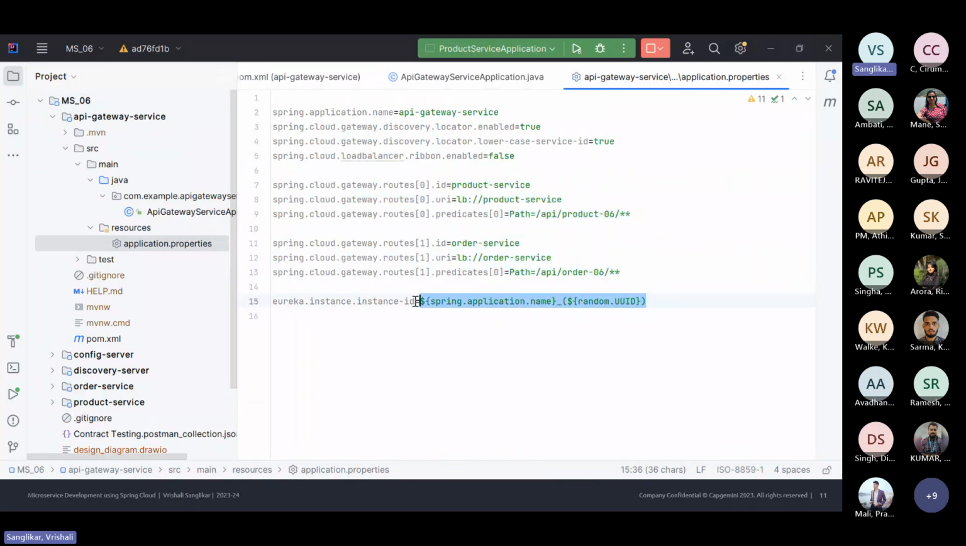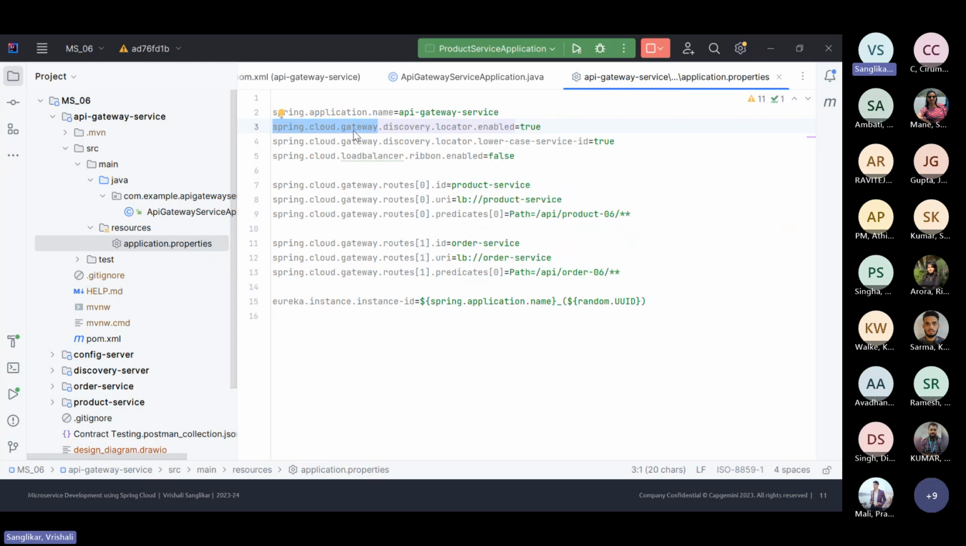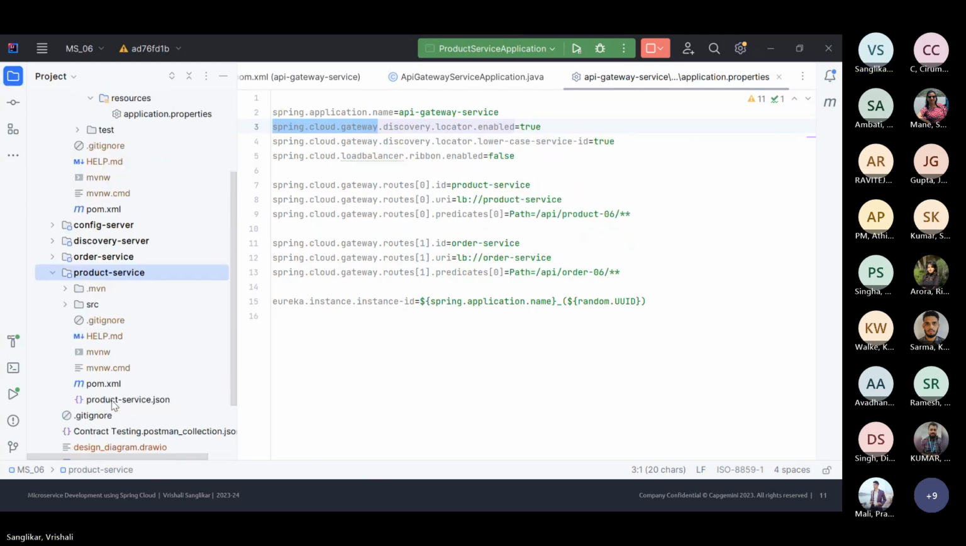So apart from the other regular settings, that is the Eureka instance ID, the application name and random UUID, which are the default ones, what we have to add is, first of all, the Spring application name. You have to give some name, and then the discovery locator. Now you have the Spring Cloud gateway. This is going to be the specific setting for the gateway. We saw over here, for example,